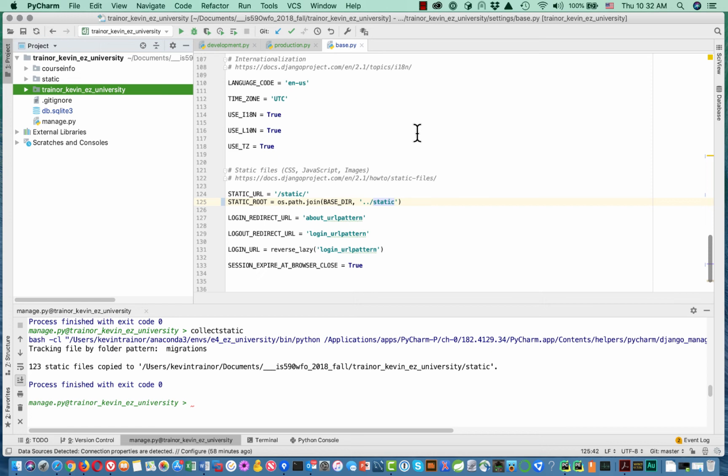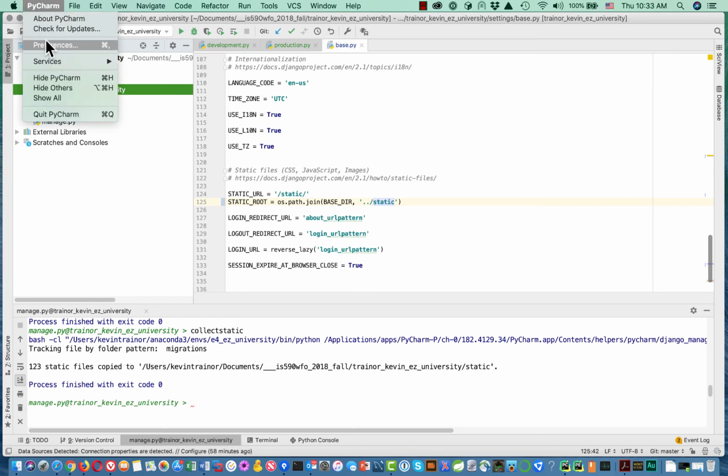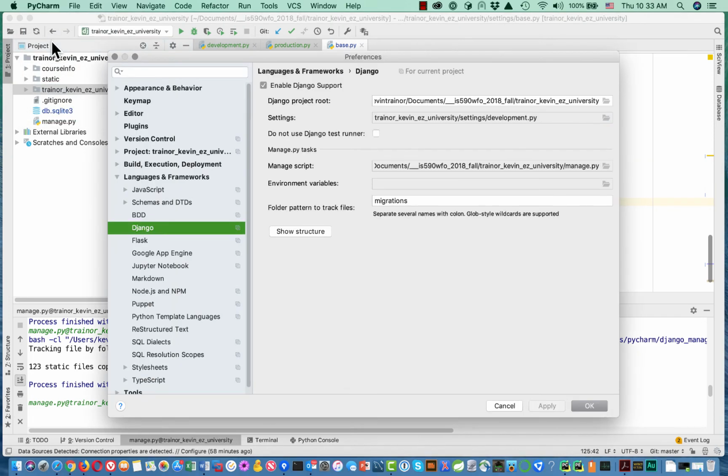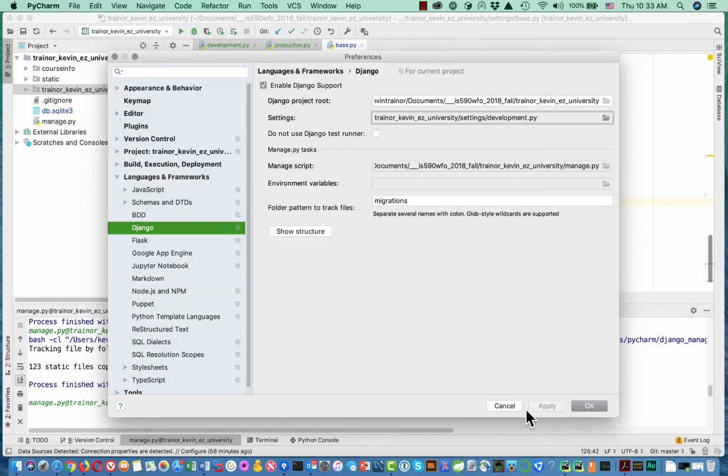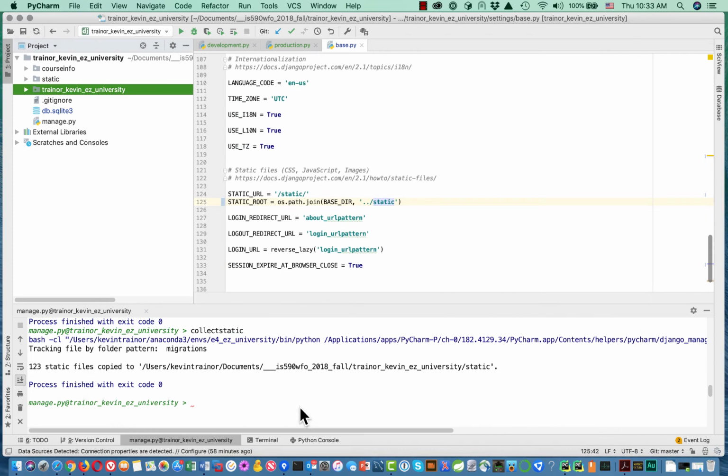the settings for development. Can we test the settings for production? Sure, we can. Okay, we can make sure that they work. How do we do that? Well, let's go up here to preferences. Okay, and I came right back to the Django panel because I was here just a little while ago. And let's point the settings file to production. Okay. Oh, before we do that, I just want to show you something. Oh, okay. So right now,